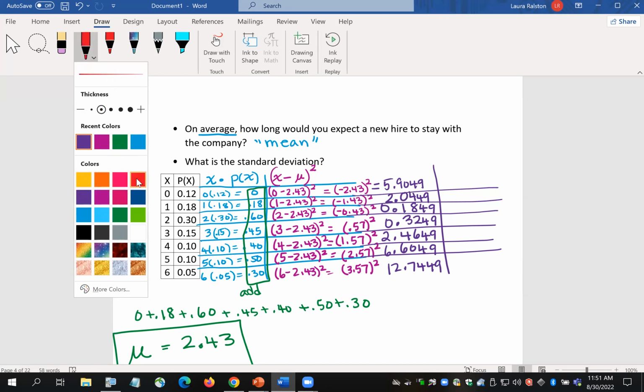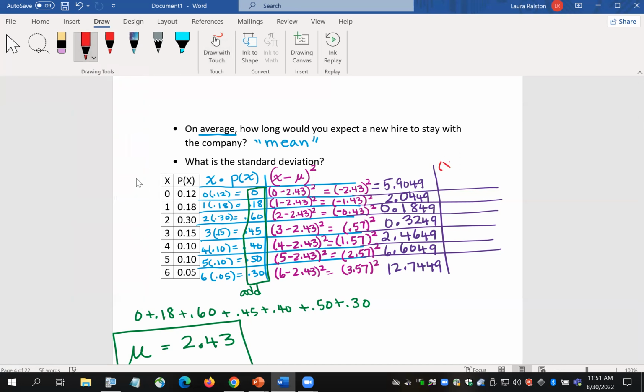I got to take each of those numbers. I got to take that value, x minus the mean squared, and multiply it times the probability. Okay, so I'm going to do 0.12, and I'm using the probability. So I got to do 0.12 times 5.9049. I'm gonna create you guys a spreadsheet to do this. 0.708588,